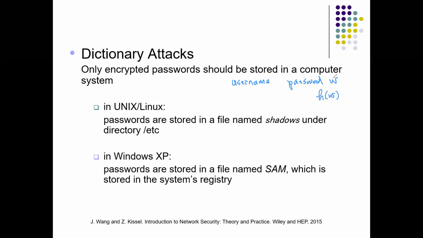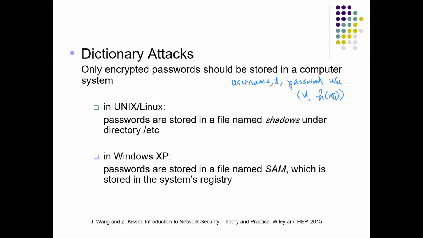So W is the plain text, and the encrypted version of this password is H of W. H here is a hash function or cryptographic hash. So your username, let's say this is U, then maybe it's W sub U, to indicate this password is for U. So this information gets stored in your